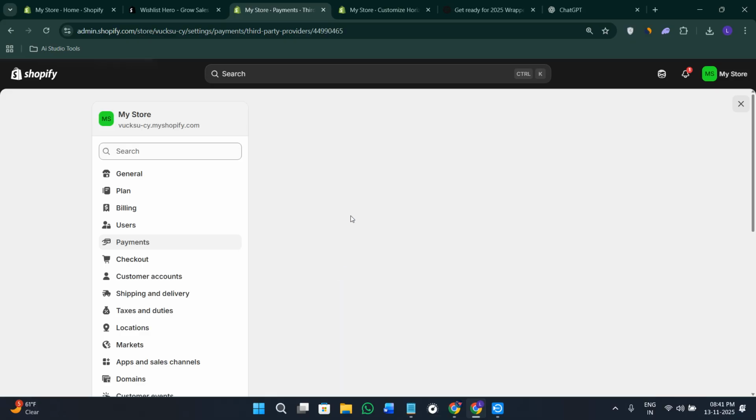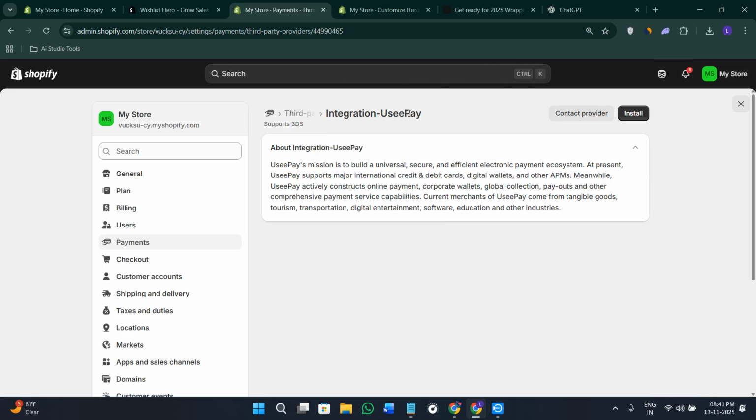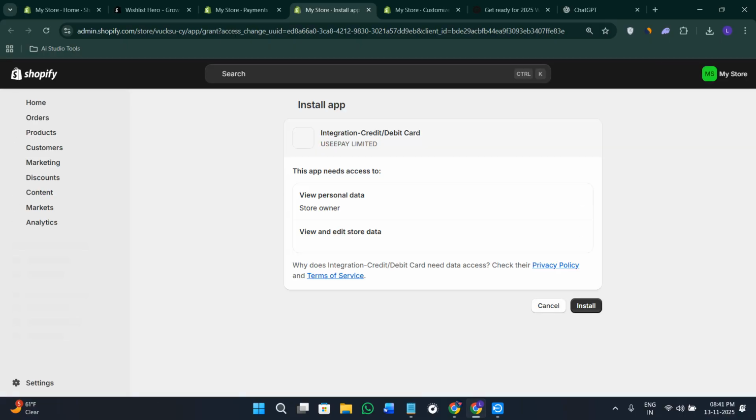For example, let's say you are interested in this one, which is integration use pay. So after clicking on it, simply click on the option of install. Then you need to follow some of the further instructions in order to successfully add the payment methods in your